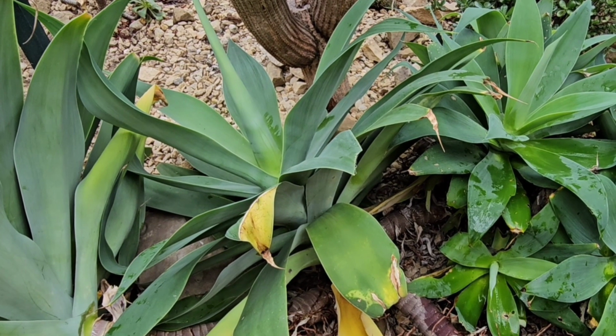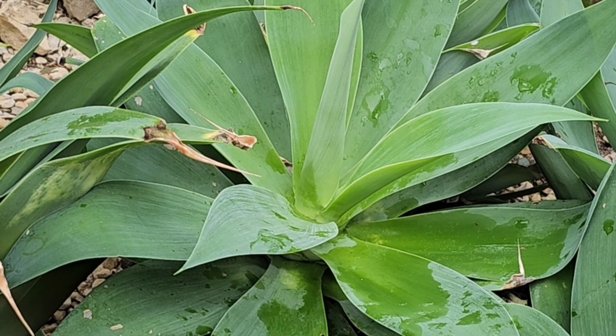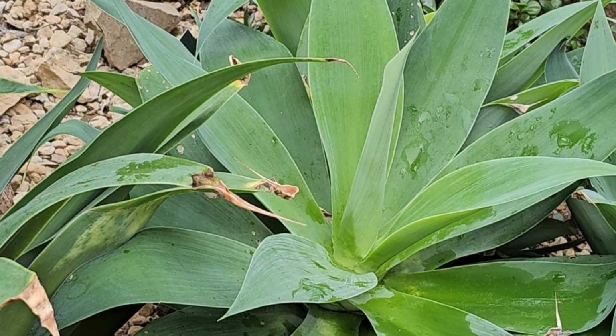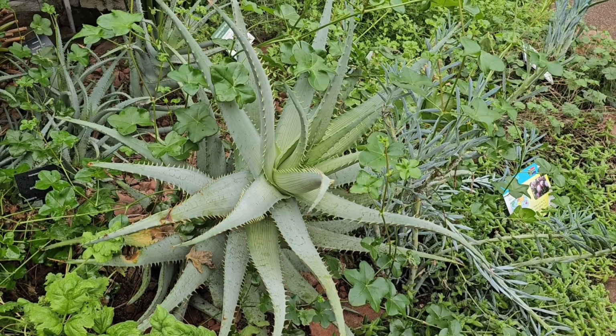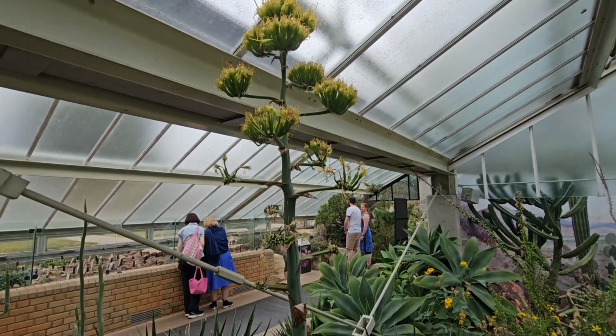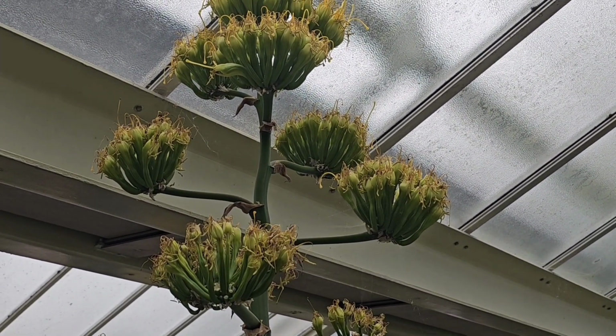The name agave comes from the Greek word for noble, probably due to the tall flower spikes that many agaves produce, and they're commonly known as the American aloe, which, although there are similarities in appearance, are not part of the same plant family. Agaves are monocarpic, meaning that they only flower once in their life cycle before dying, although